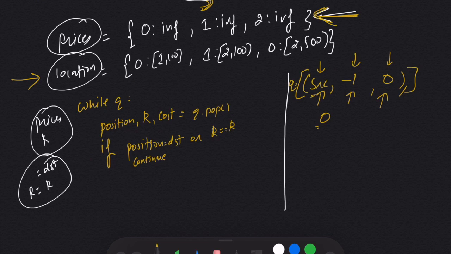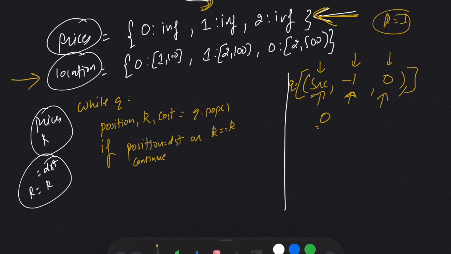So if we take our first example, my source is equal to 0. That means my position is equal to 0 and my position is not equal to my destination, and neither is my k equal to k, because the k is equal to 1 in the example, and here my k is equal to -1. So in this case, I will compare the prices of reaching my neighbors and I will update their price in the prices dictionary.